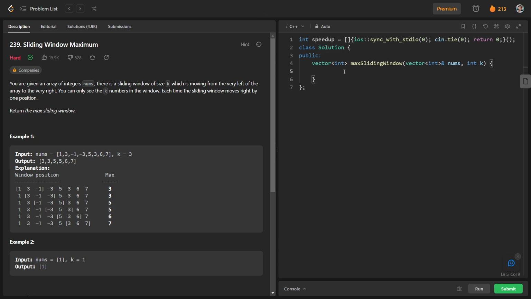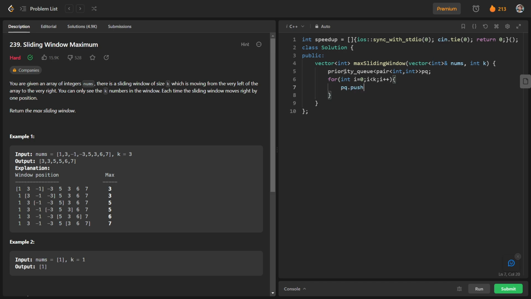So basically we will have a priority queue of pairs of integers, pq. So we will just push the first k numbers. So for int i equal to 0, i less than k, and i plus plus, we are going to push this pair nums of i comma i